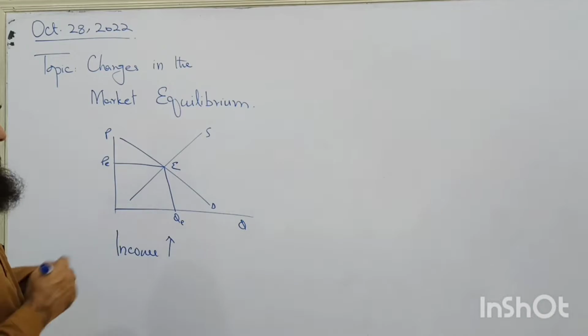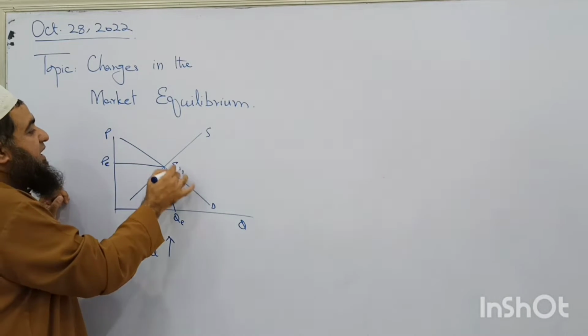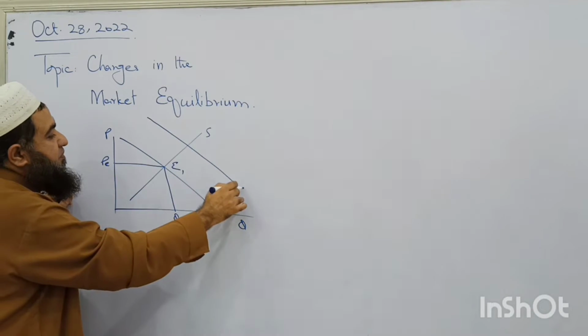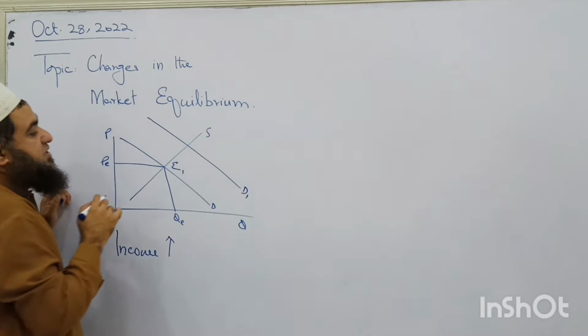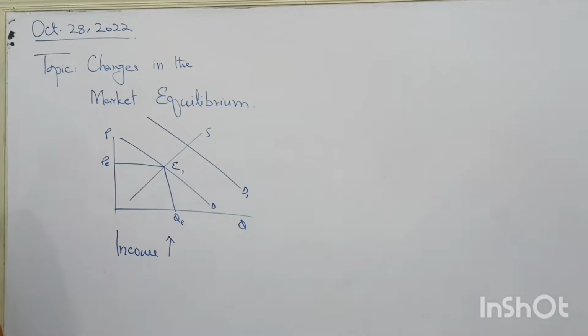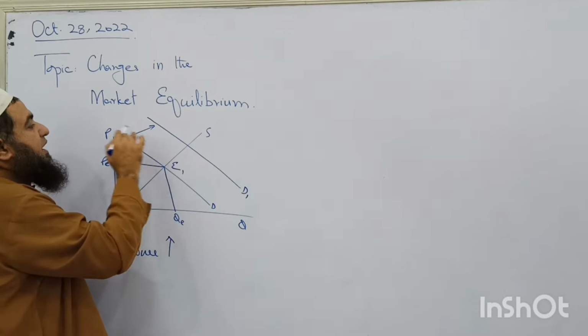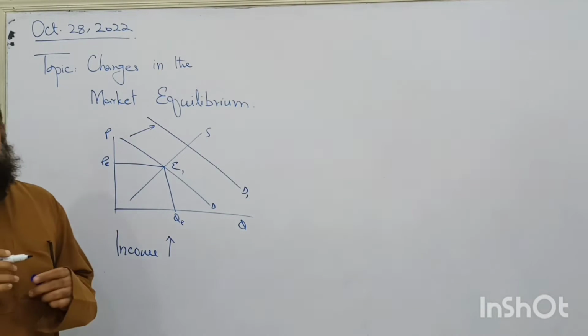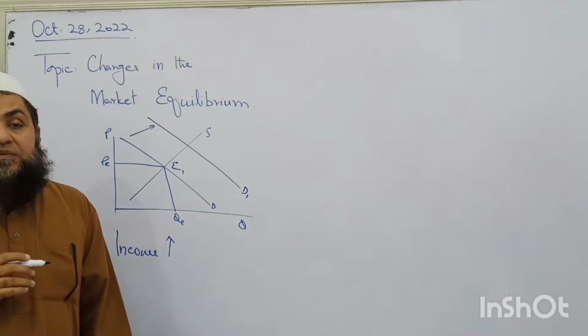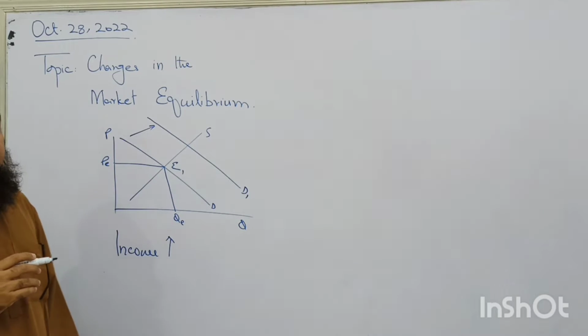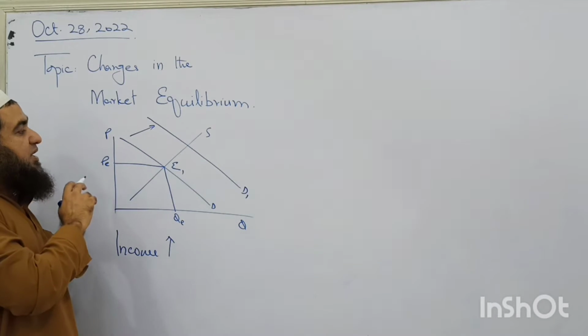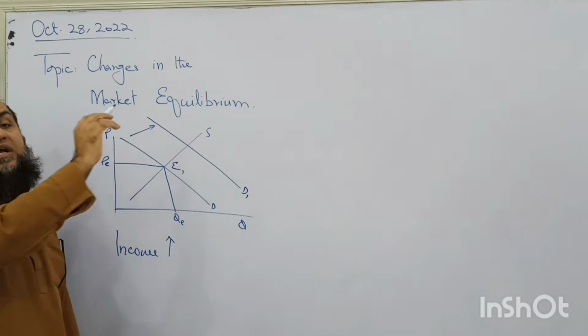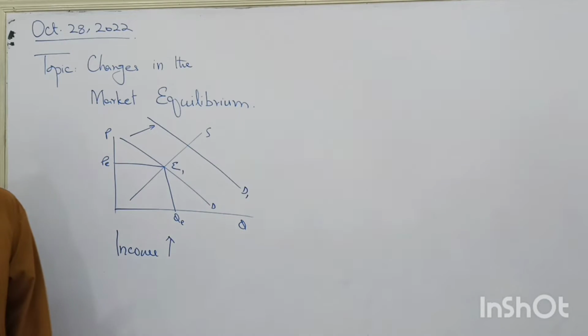Now the demand curve will have a rightward shift. This is the rightward shift of the demand curve. At each price, now the demand has increased. So arrows are very much important. In your final exam, you have to draw the diagram and show the arrows in which direction demand is shifting.